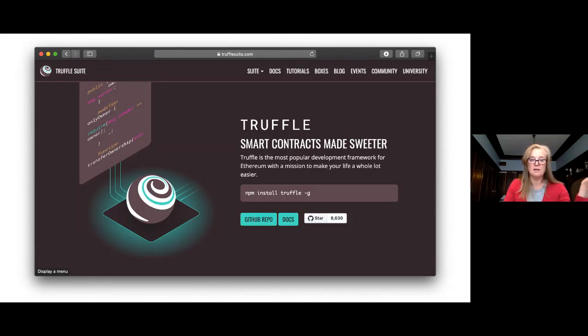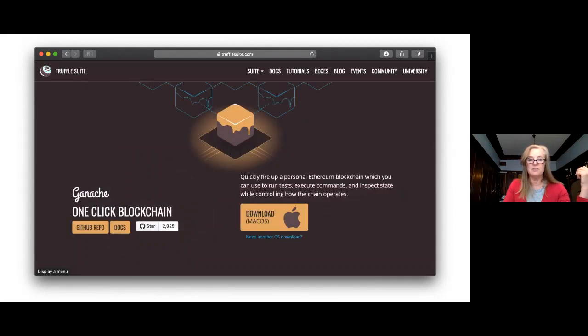is another tool called Ganache. And Ganache is a way to quickly fire up a personal blockchain. So the Truffle Suite introduces a very realistic public ledger experience without having to actually go to a public ledger, which of course you don't want to do until everything's been fully tested, et cetera. But it gives you a really nice environment to do testing. And both,